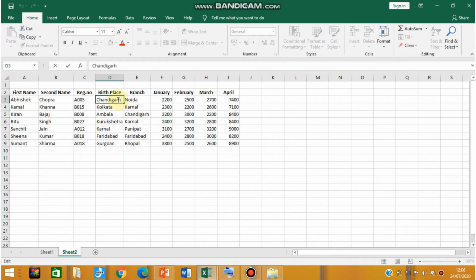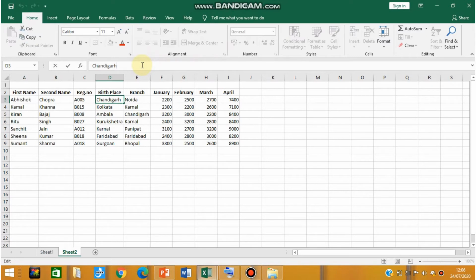Okay, and you can use your left click or right click to move that blinking point to change the text of the cell, or just after double clicking in the cell you can also edit it in the formula bar. This horizontal bar between this ribbon and this worksheet, you will find it, and that horizontal bar is nothing but the formula bar.